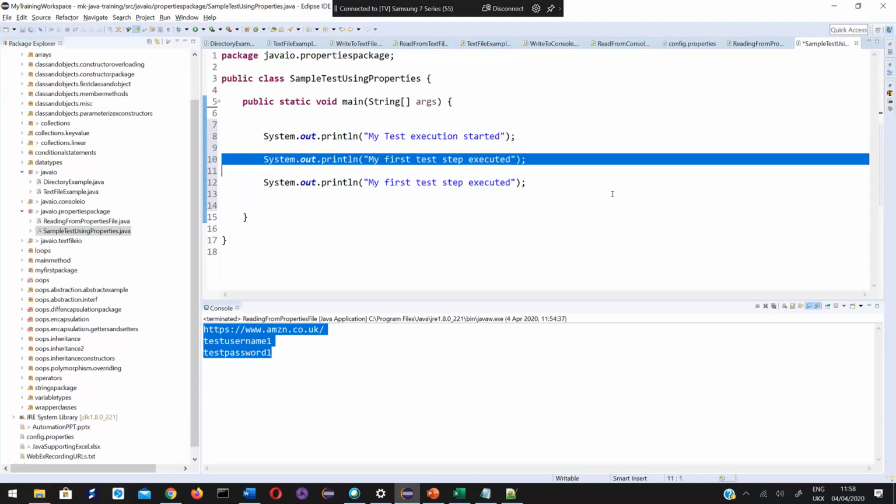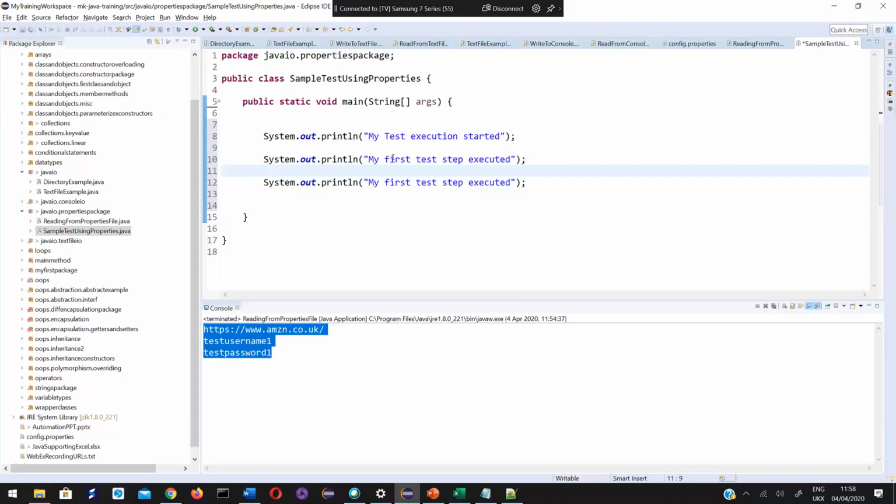These are all the test steps, right? Let's say my test execution started. Opening web browser, entering URL. Here, while entering URL, I need the URL, right?